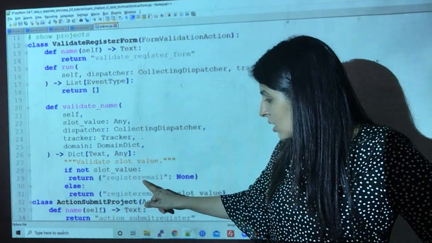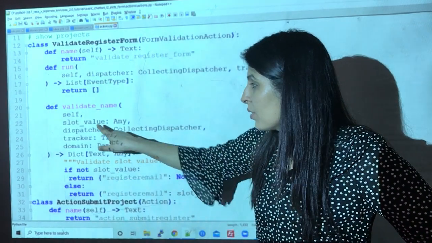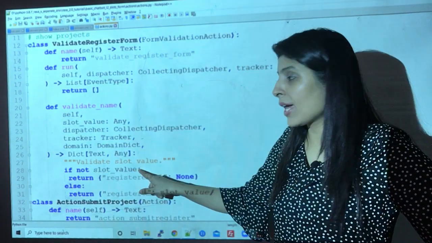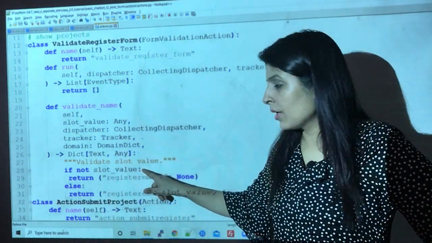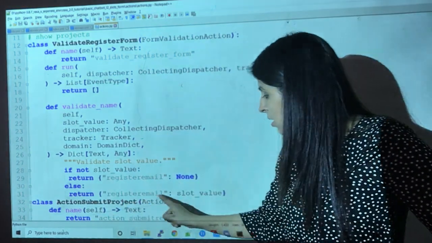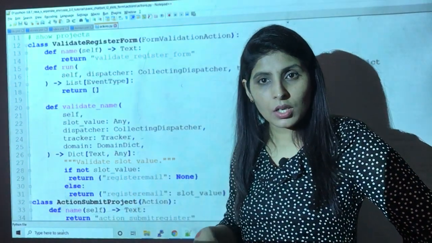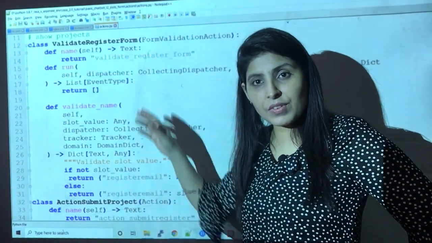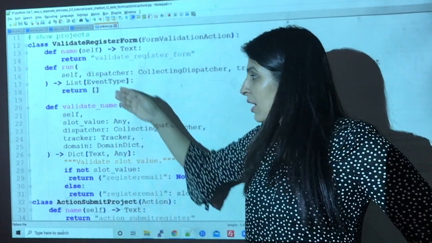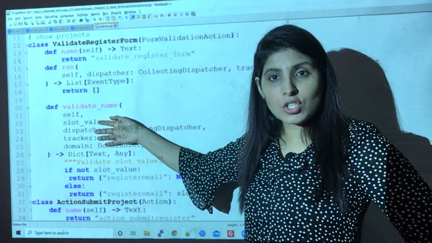If not slot value, meaning if there is no value in the slot, then return none, otherwise return the slot value which the user filled. Got it? So we are validating our slots over here, we are validating our form, this is my form name.